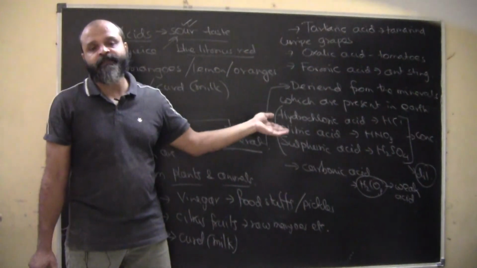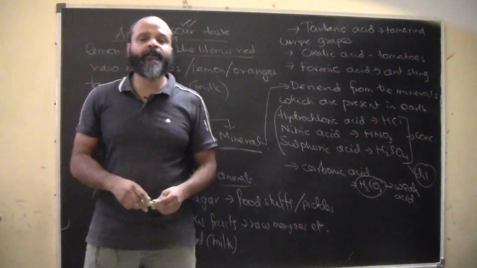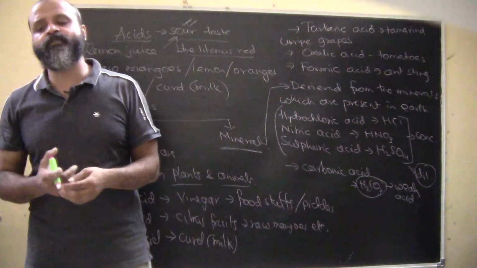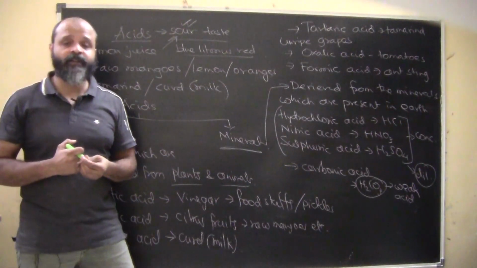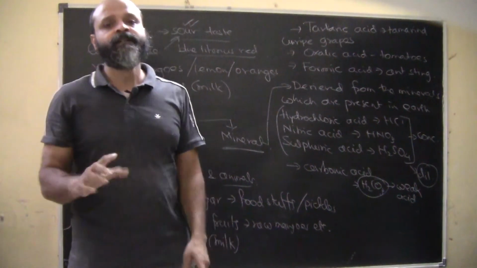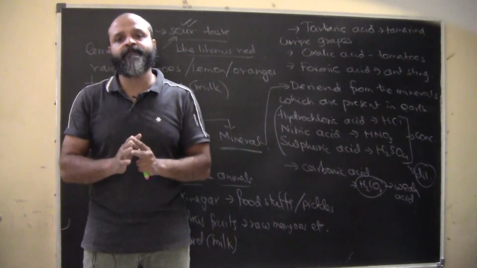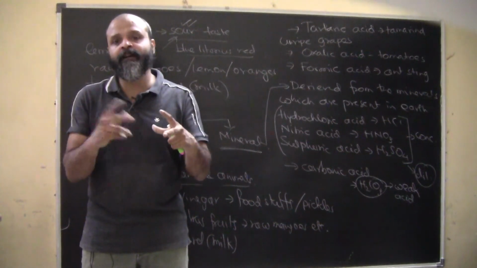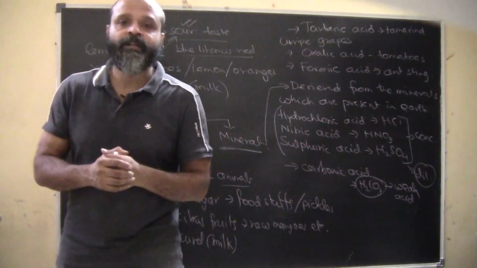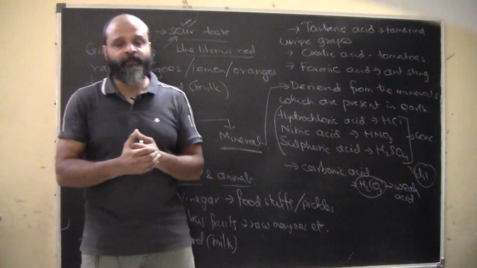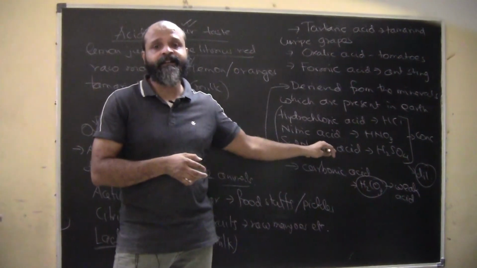Now the hydrochloric acid, nitric acid or sulfuric acid are basically minerals of the earth. Now you will say that in our stomach we have hydrochloric acid. Yes, we have hydrochloric acid in our stomach, and it is one of the strongest acids. However, the entire digestive system is designed in a way that we have mucus linings throughout it. These mucus linings prevent the effect of HCl on the sophisticated and soft tissues inside our digestive system. So even if we are taking acids, we need to be very careful about them because they can be very detrimental to health.